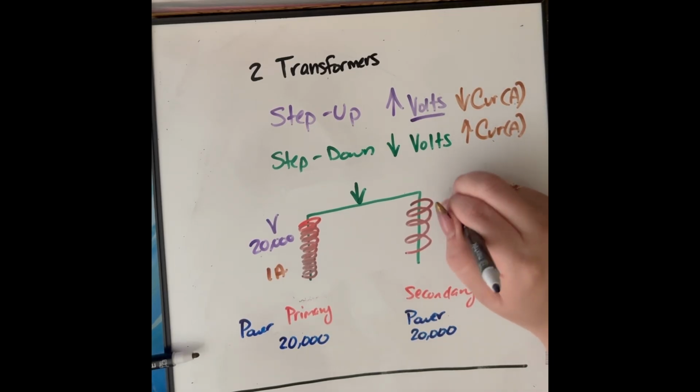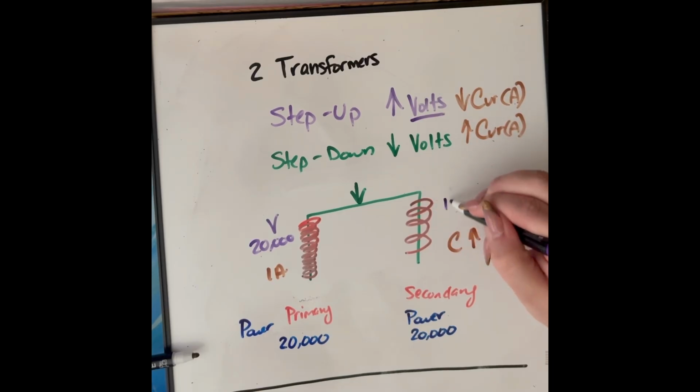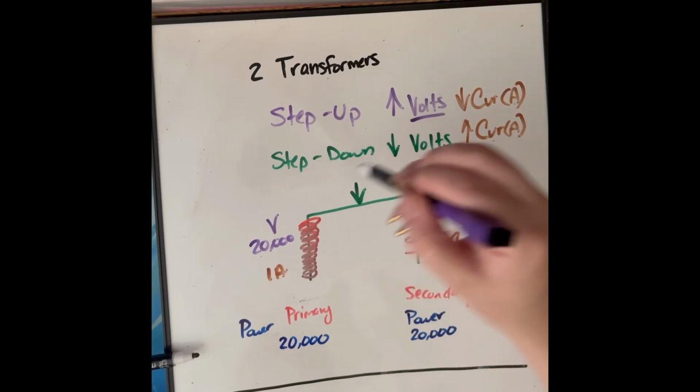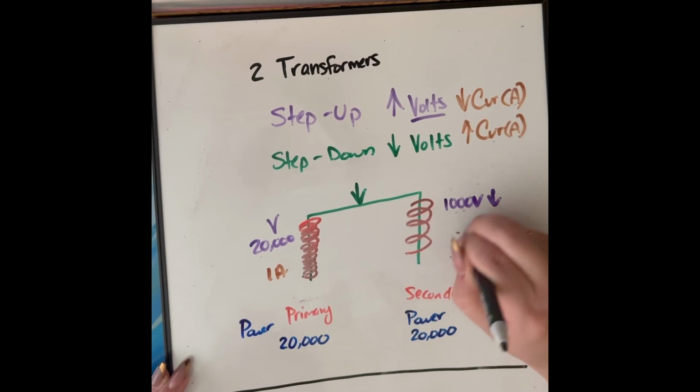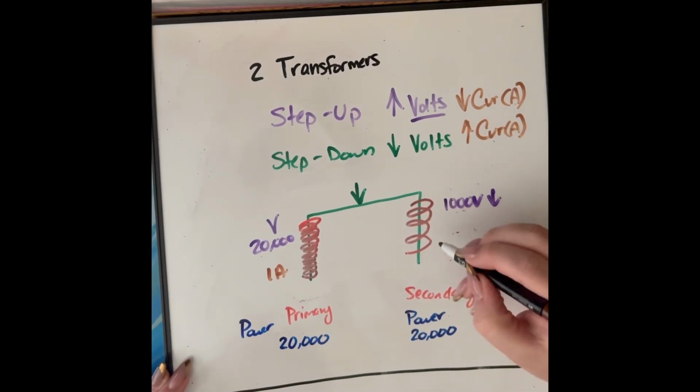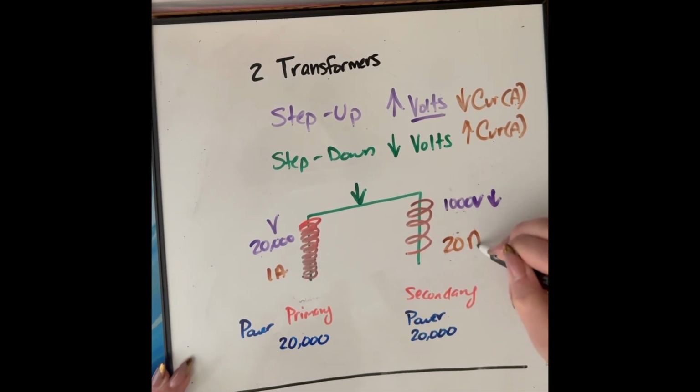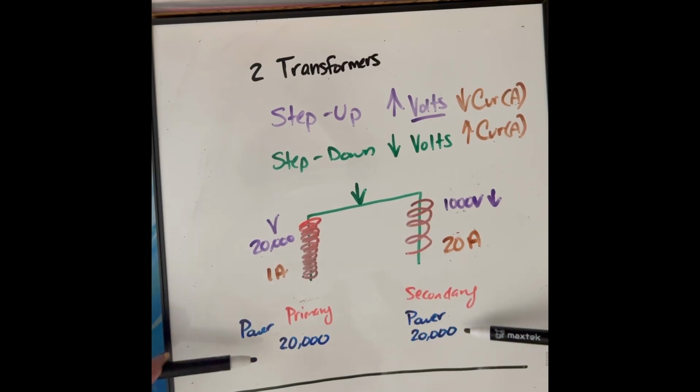Oopsie, let me move this. So 1,000 volts here. Our voltage went way down from where it started. So if our voltage went down, our current should go up. So let's say our current is now 20 amp. I used the same numbers because I was being lazy and didn't feel like doing math to figure out new